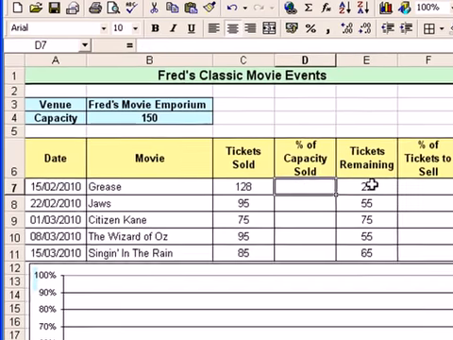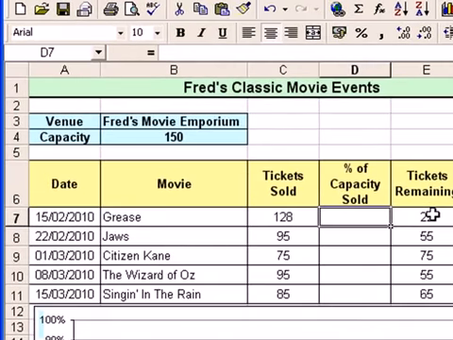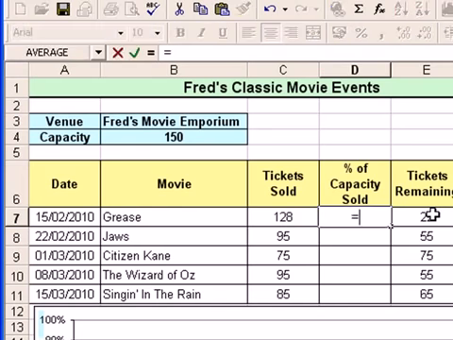The first one is simply going to tell us how much of the auditorium has been sold. And so again, we press the equals key, click on the first value there, the first movie, and how many tickets have been sold for Grease, and we divide that by the auditorium capacity, which we know is 150 up there. So simple formula, equals C7 divided by B4, and again remember, press the F4 key, sets that as an absolute